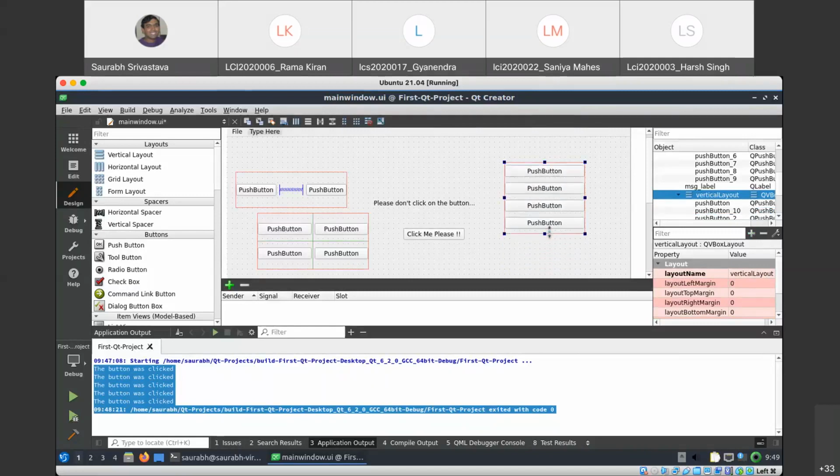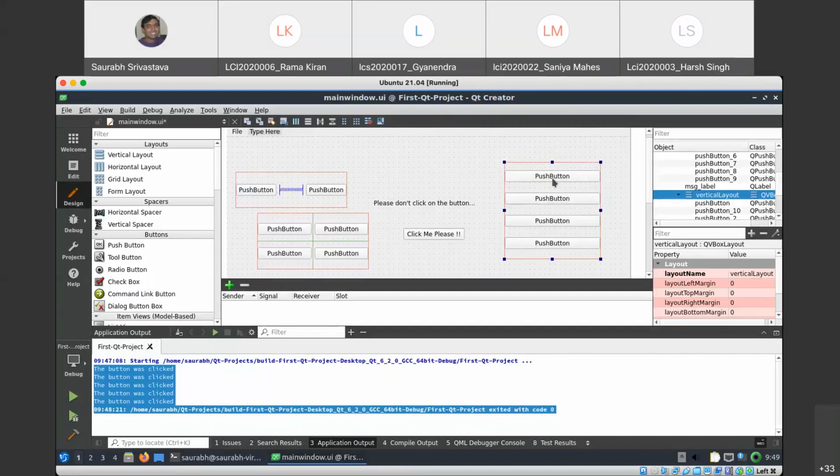This is what layout strategies do: if you stretch this like this or like this, these buttons are automatically resized to fit inside their container. So this red thing is a container, and these are multiple widgets which are part of this container. The layouting strategy for this particular container is vertical layout. You can lay out not just buttons but whatever widgets.